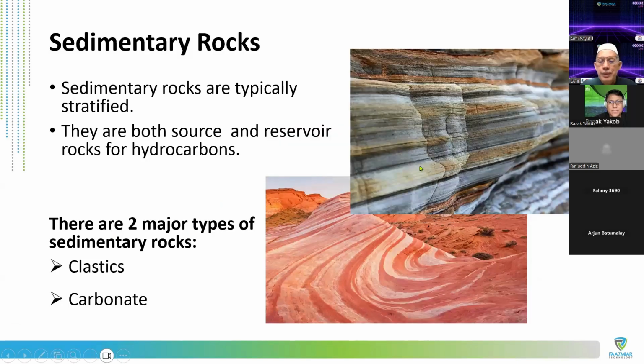And then we have, let's just choose some example of surface. Of course, this is from surface, but at the bottom, you just put it down at the bottom. But this is what is coming up, because of tectonic movement, some of the rock being lifted up. So for example, in Miri, there's some site in Baram Delta, this is some outcrop. Outcrop means that the formation is linked from the surface going down below the sea. So you can see the formation is about the same. By looking at the outcrop at the surface, you can appreciate the layers that happened. So in Miri, we have the opportunity to see the outcrop.